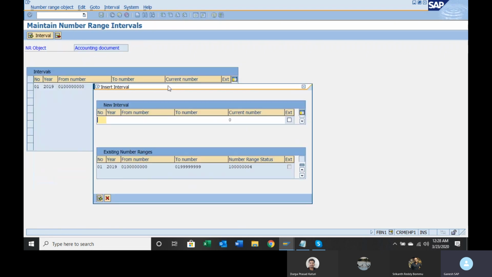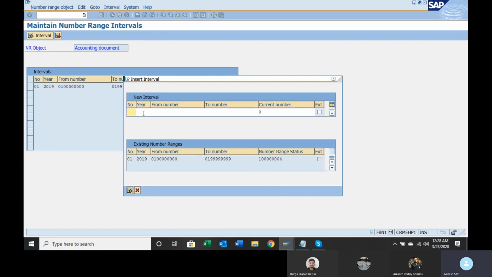Click on Interval. See, I am giving 91 and then all zeros. But for the number, I am giving X2 instead of 91. In all other document types, I will give the same number I copied here. But only for the recurring document and the sample document, instead of giving 91, I am giving X2.